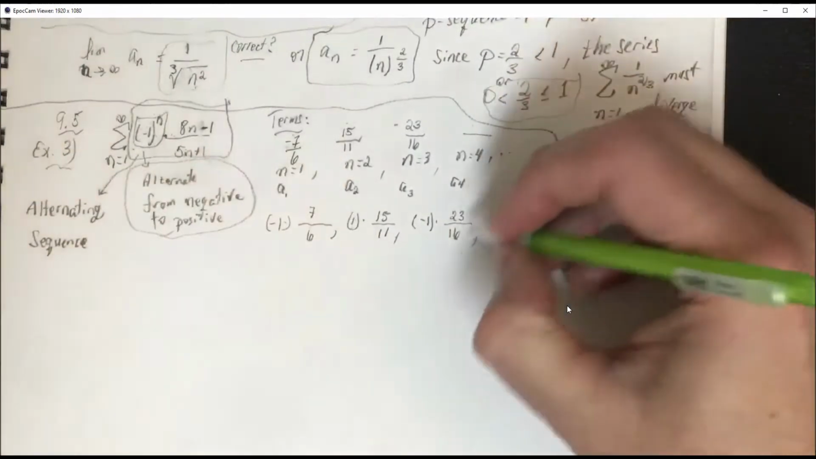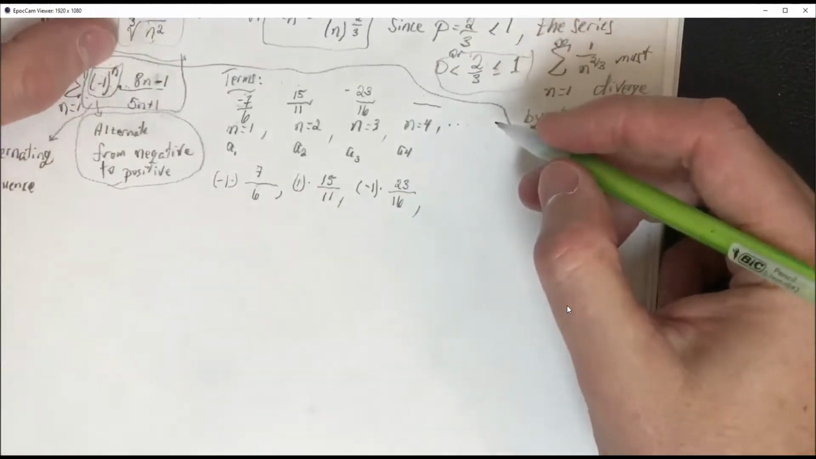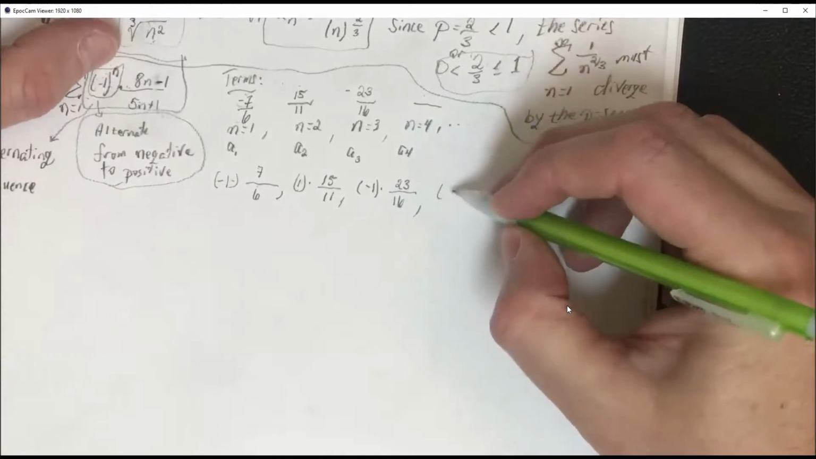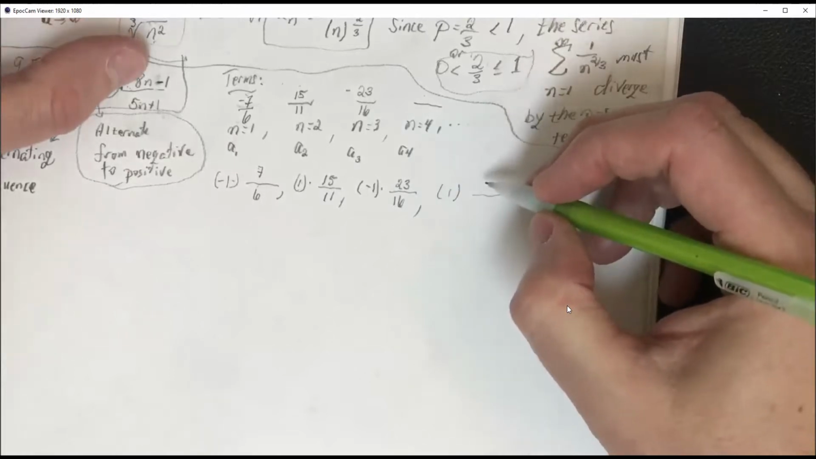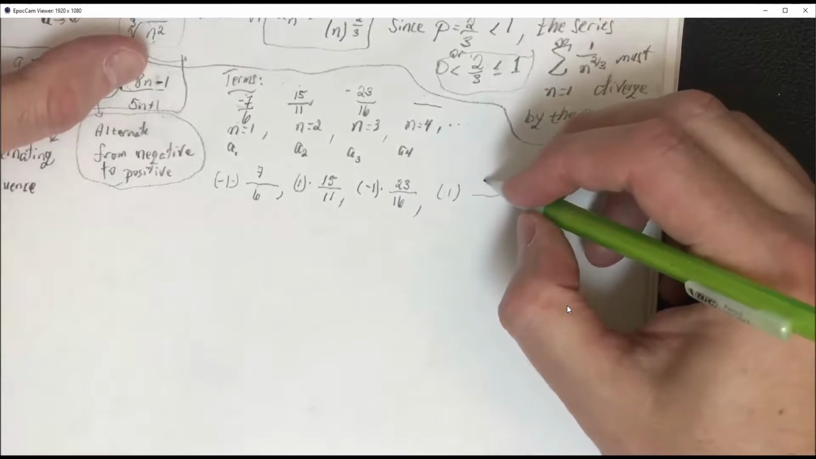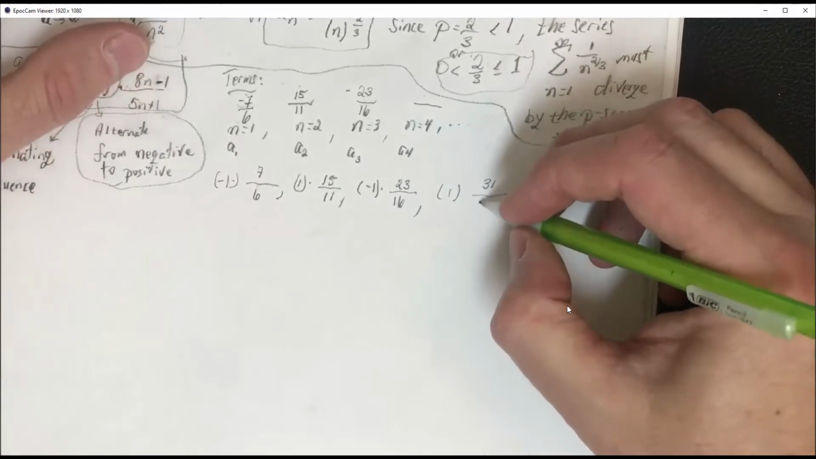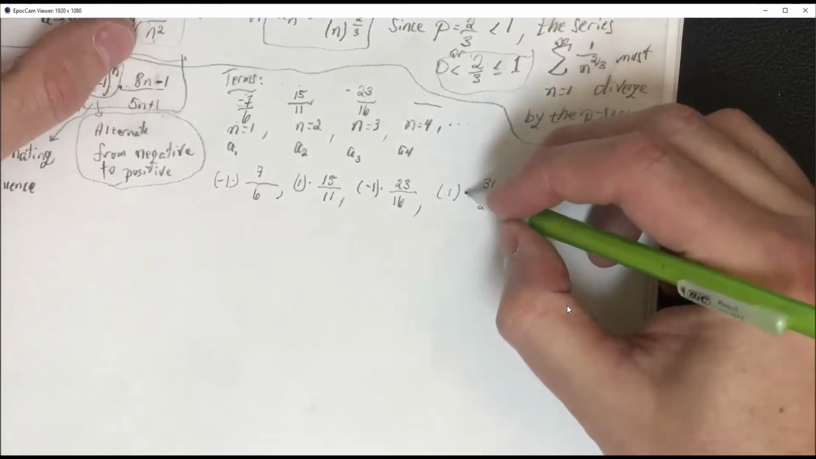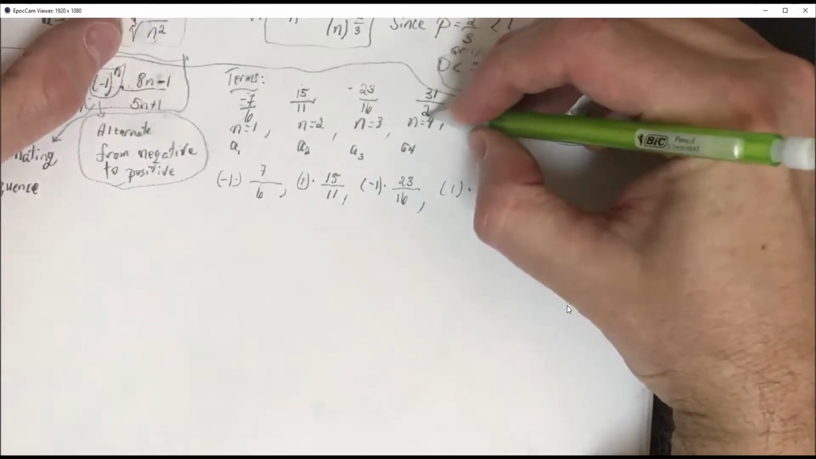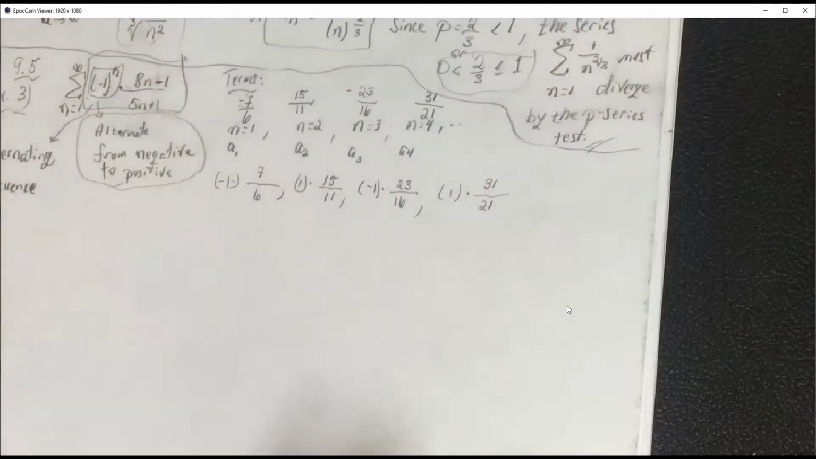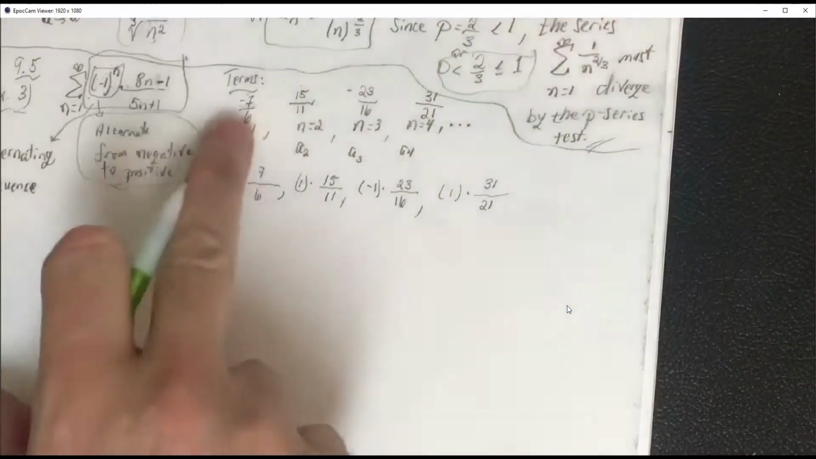And one more. Put a 4 in, Josh. What's -1 to the 4th power? Positive. +1. Put a 4 here. 8 times 4 minus 1, 31. 5 times 4 plus 1, 21. Multiplied by 1 is positive 31 over 21. And this would continue forever. Alternating,